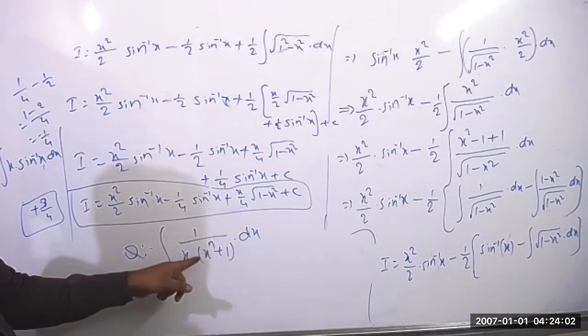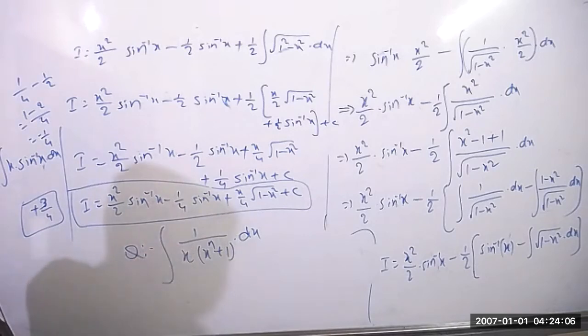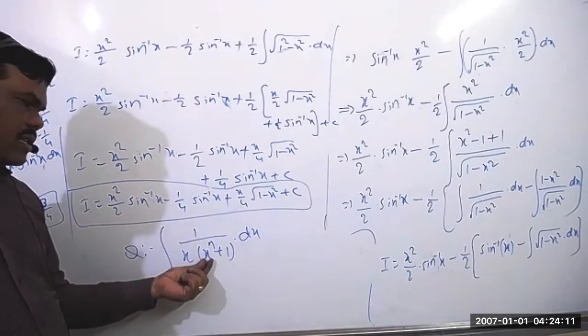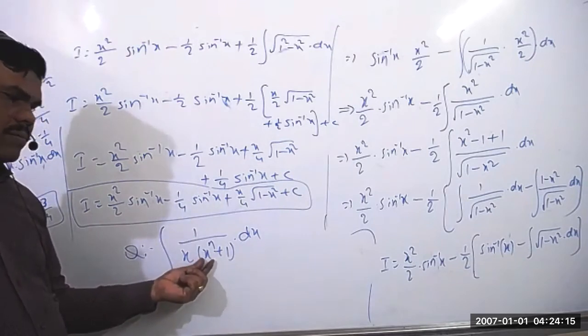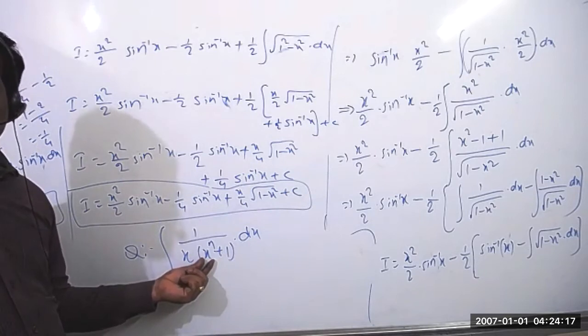X power n is there. That means compulsorily here also we should get something in terms of x power n. For that purpose, suppose you take the differentiation of this, the differentiation of x power n equal to how much, tell me? What is the substitution? Please tell me. The differentiation of x power n. n into x power n minus 1.